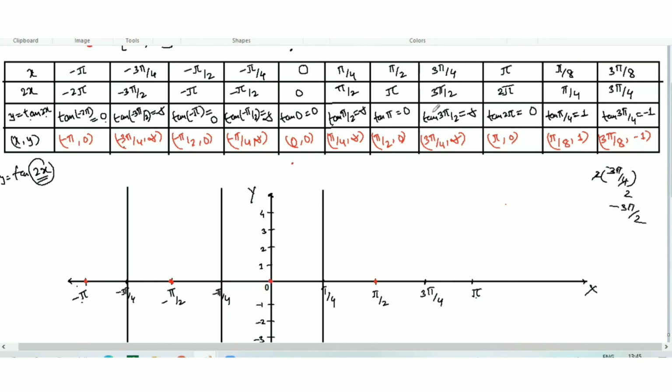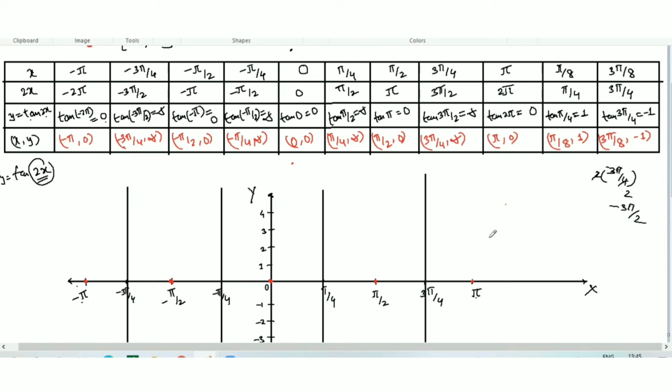Now when you calculate it, what is the coordinate point? 3 pi over 4 and infinity. Here as well we need to draw the asymptote line, as we are not getting a y value here. So here also draw the asymptote line for 3 pi over 4. This is the asymptote line here. Okay. Now the next point I have taken is pi. Pi is here. When you calculate it, what coordinate point do you get? Pi, 0. So pi, 0 will be here.